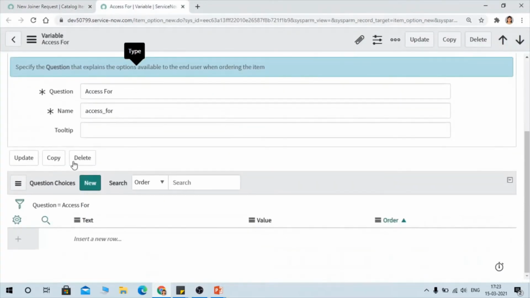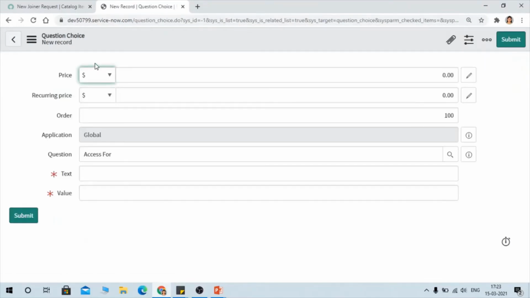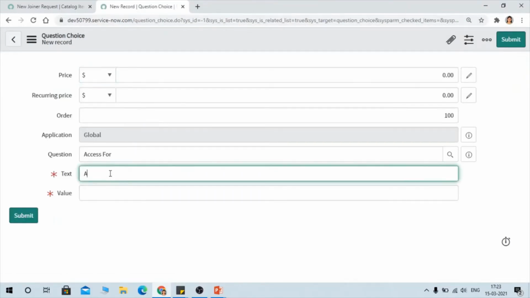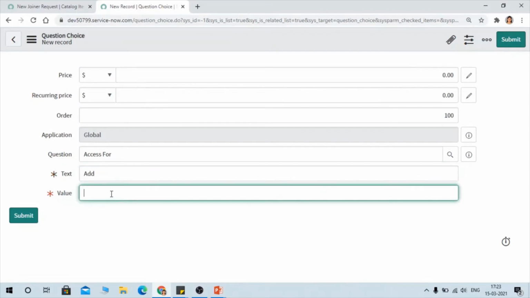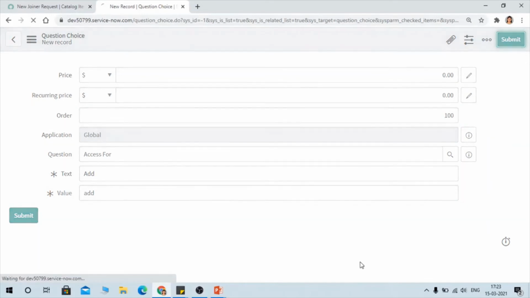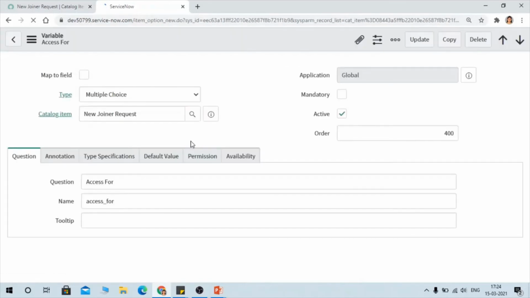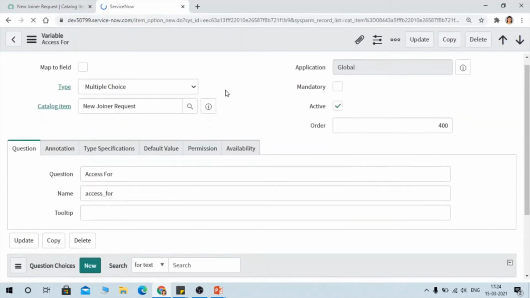So here you can create some choices, right? We want to just add two choices to make you understand. So I'm adding add, provide some value, and here also you can define the order. And second I'm going to add remove.